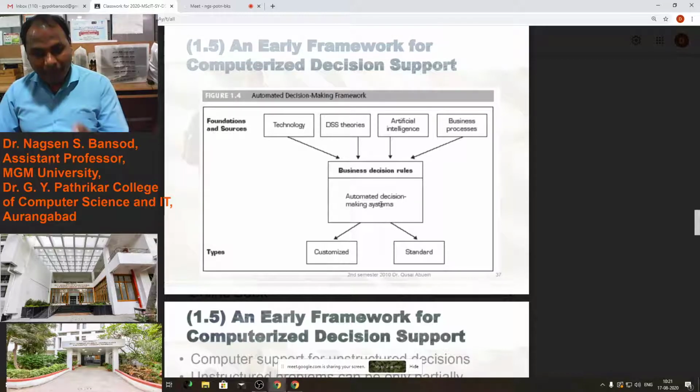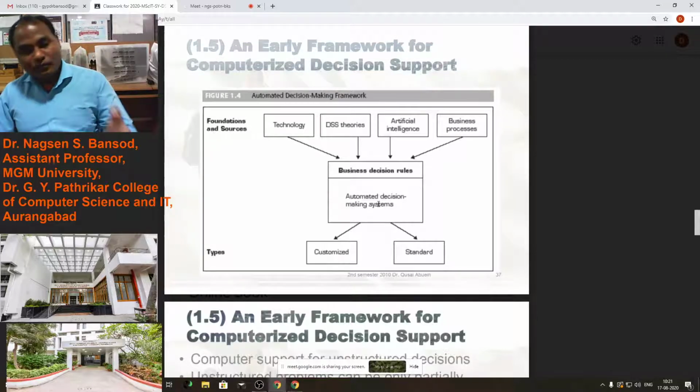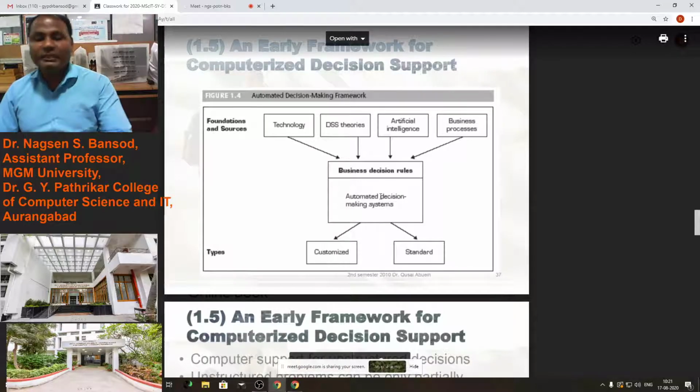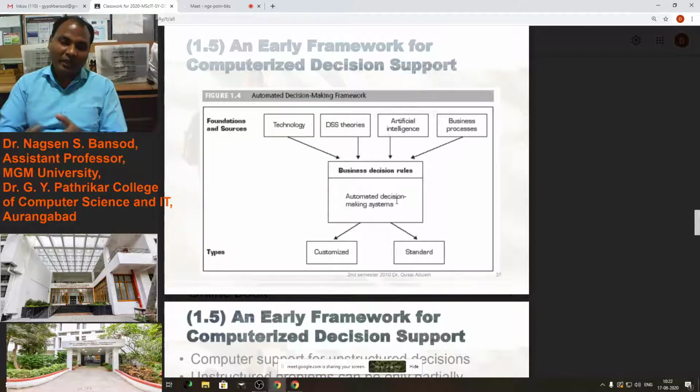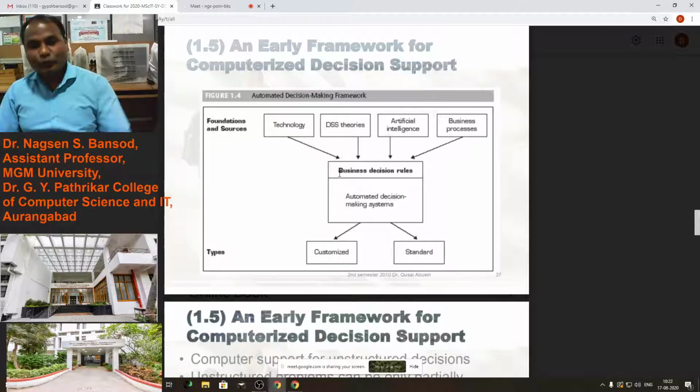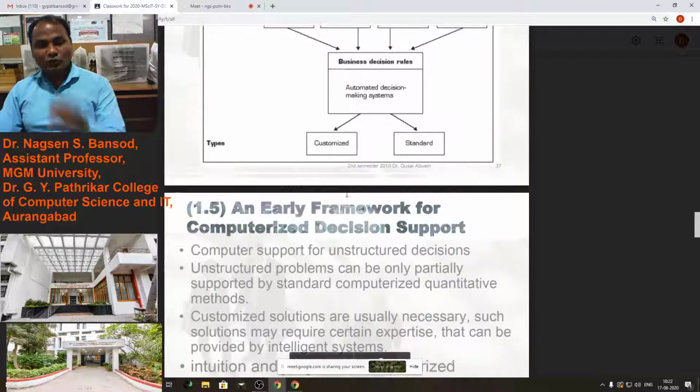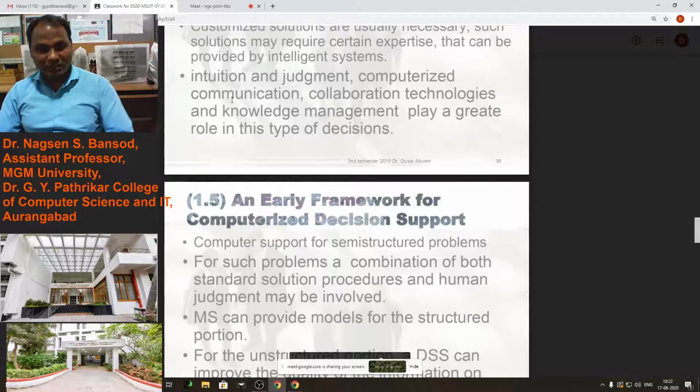Collaboration should happen, the manager can manipulate, and then that customized solution should be there in the model which you will apply. Just a standard solution should not be there. If someone provides a very good solution, very accurate information according to the customer's need, that should happen, so the customized solution is required.